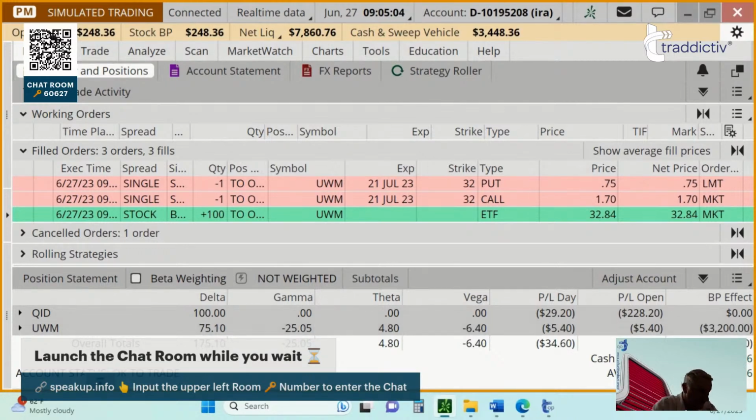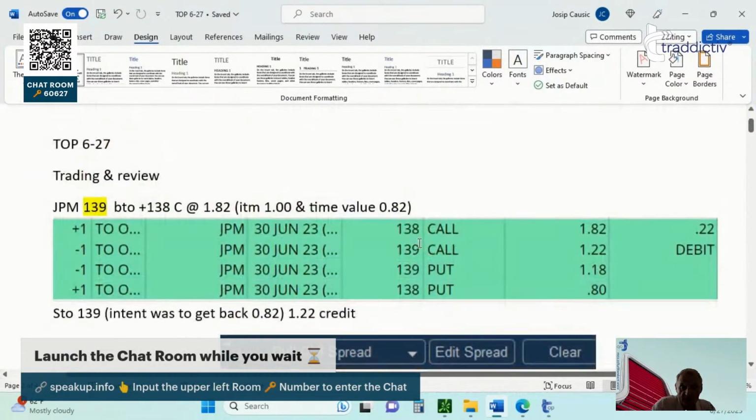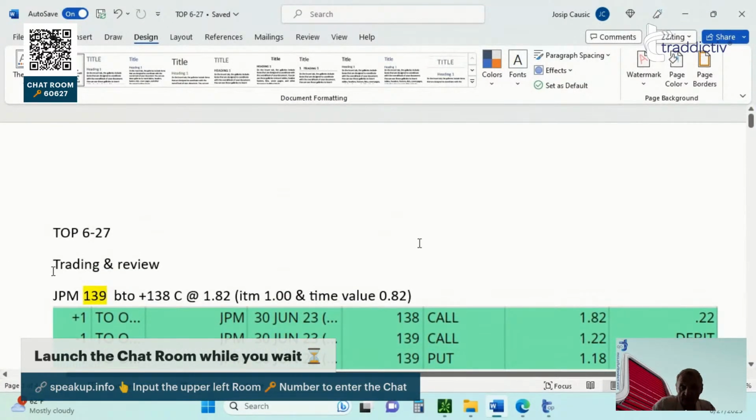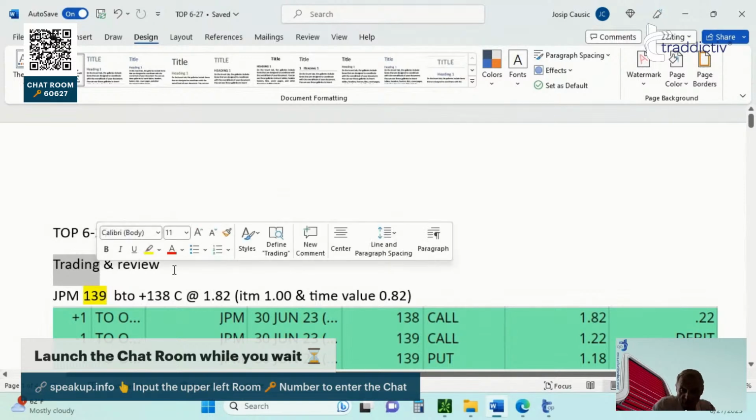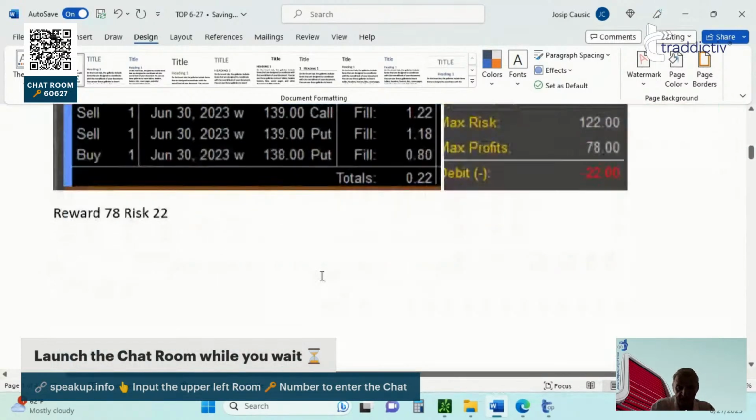So recap, overview of everything that we have done, right? We started the session first with trading, and then we reviewed the stops. That's the one thing that I remember reading here from other students who said, hey, I want to know where the stop is and all this type of things. So we did that, right? And then at the end,